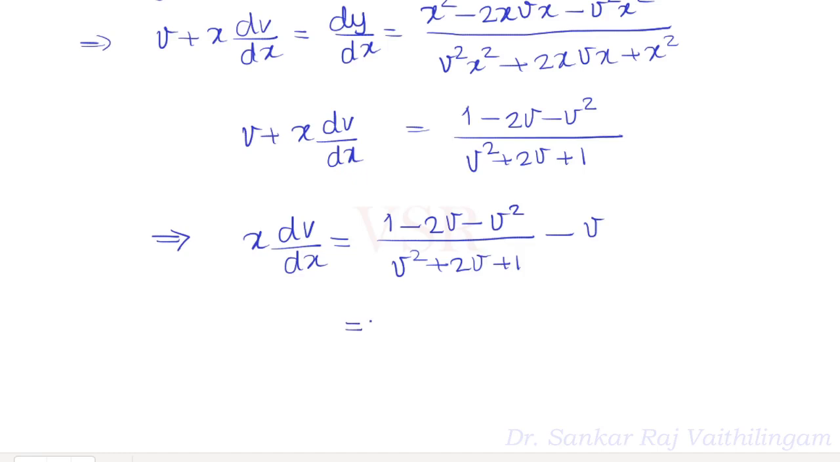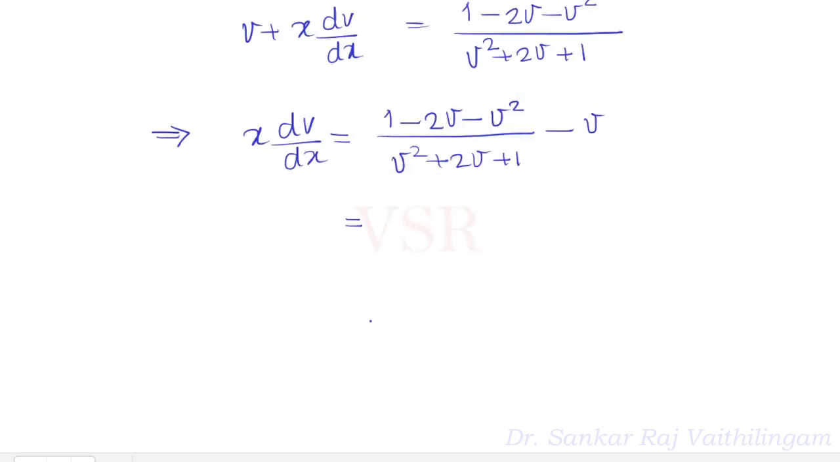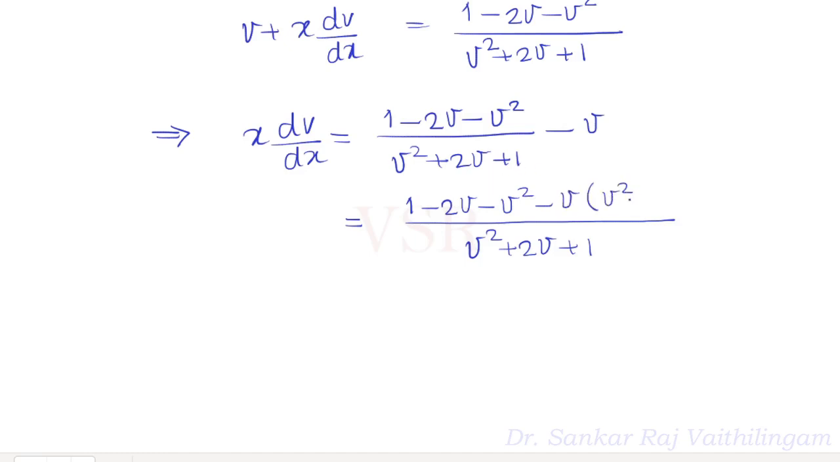Because if you try to get the answer in a single line easily, we might miss a plus or minus somewhere. Okay, so we will have this equation, that is v square plus 2v plus 1. Okay, in this place, 1 minus 2v minus v square minus v into this, which is v square plus 2v plus 1. Okay, so what is this? This is equal to 1 minus 2v minus v square minus v cube